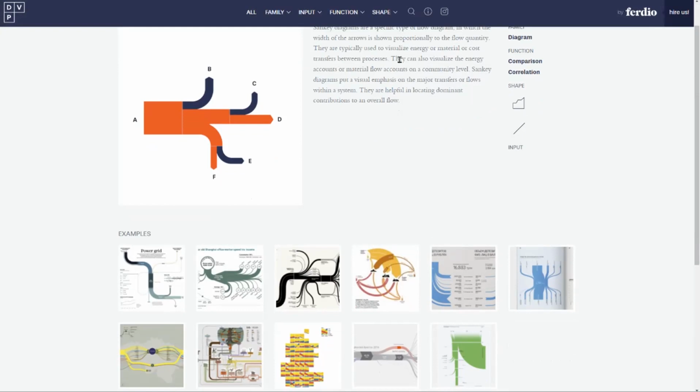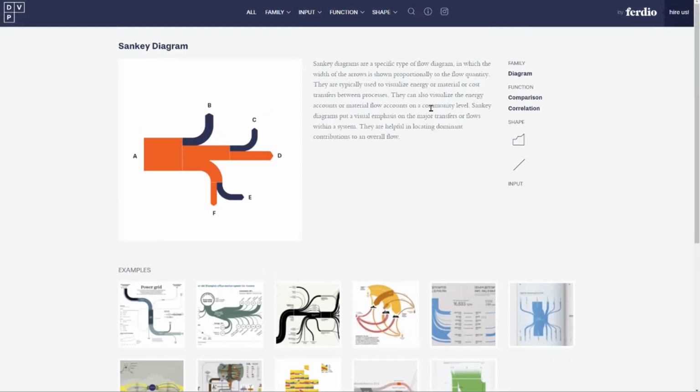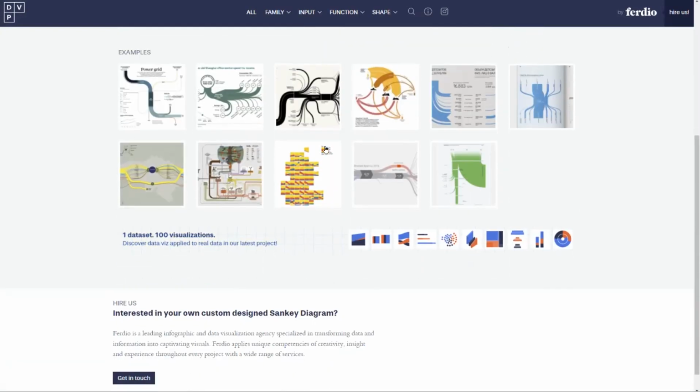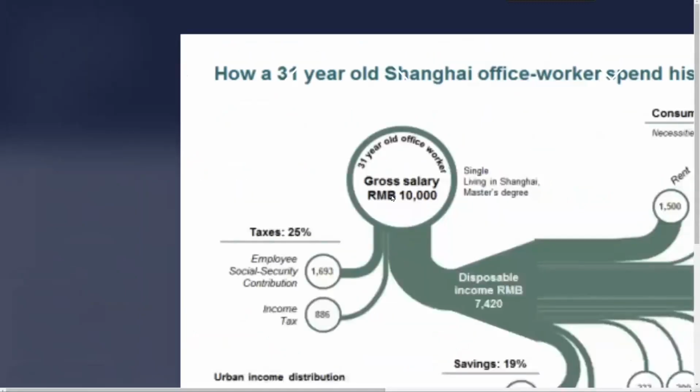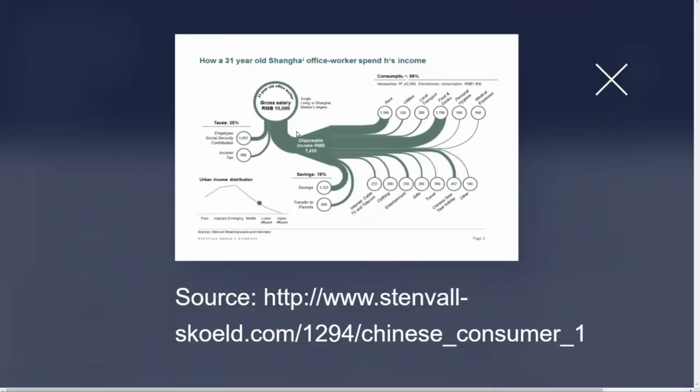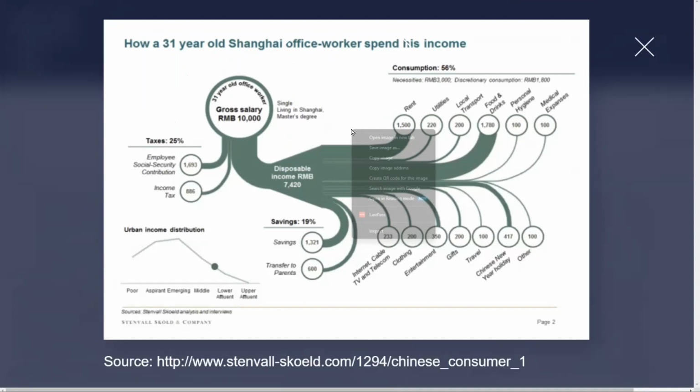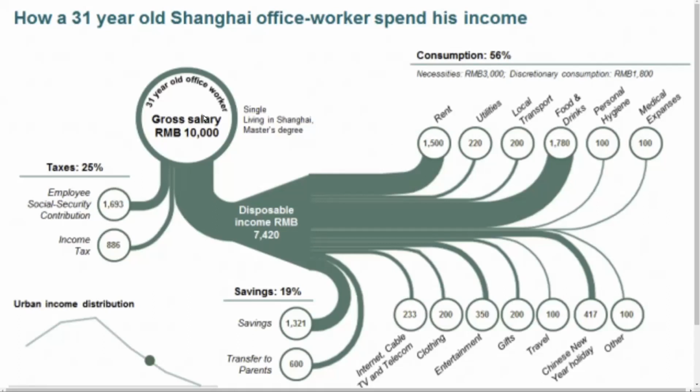So you might say, that's interesting, but I don't quite understand, then there are these examples here that show you how it can be used. So if I click on this example, see if I can zoom it up. It's not very big, but hopefully you can see it. I can open image in new tab. There we go. So for example, it's showing you how